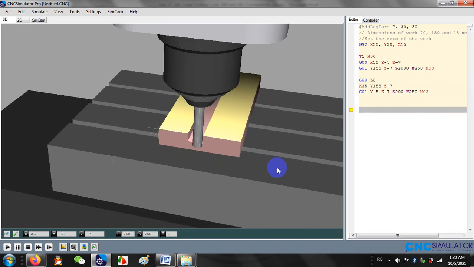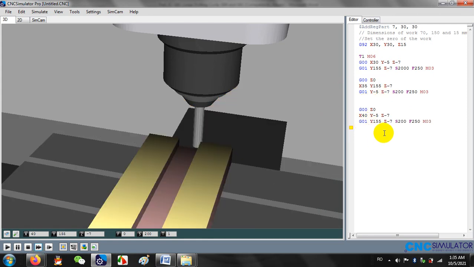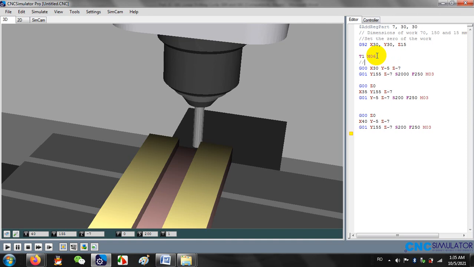And we shall continue this. So I will copy this and we shall continue this part. So again G00, Z0. Next we will go to another point, but in order for the program to be smooth, we need to have a cutting tool with a diameter of 10 millimeters, flat end mill,